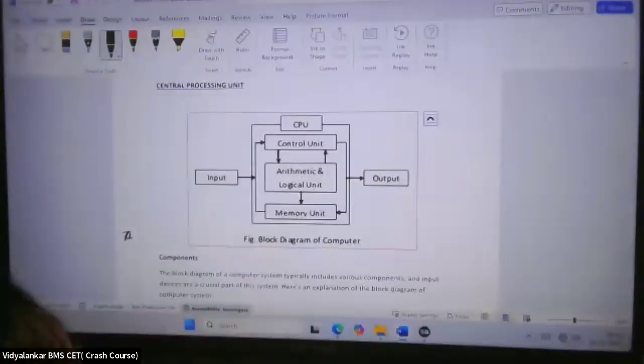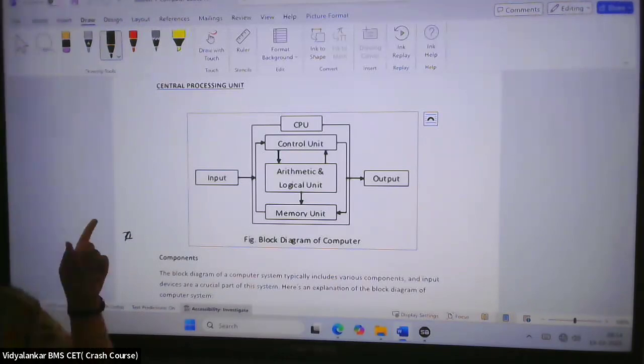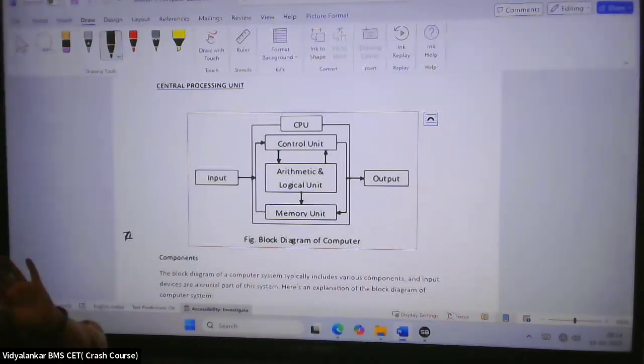So coming back to, so अगर सिर्फ ऑपरेटिंग सिस्टम या सिर्फ प्रोसेसर रहने से कंप्यूटर सिस्टम नहीं चलेगा, you require, see I am talking but until unless you don't interact, I will not be able to judge whether you are understanding or not. So the same thing happens with the computer. Only having the OS and only giving the UI is not going to help you use the computer system. Okay, so to store whatever actions you're performing in the computer, you have a term called as memory. So coming back to this diagram, the very first thing I told you is CPU.